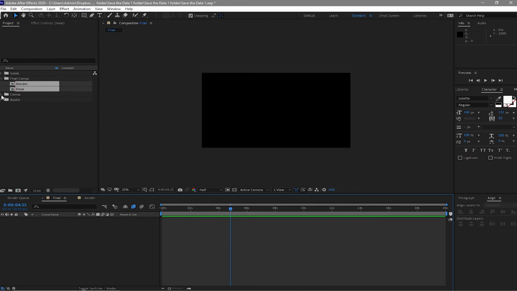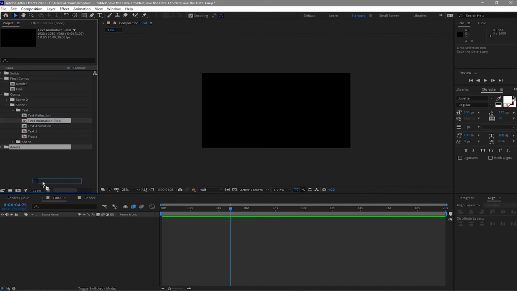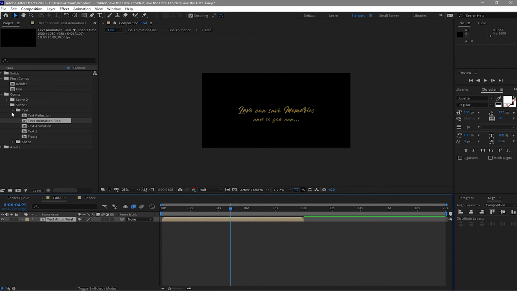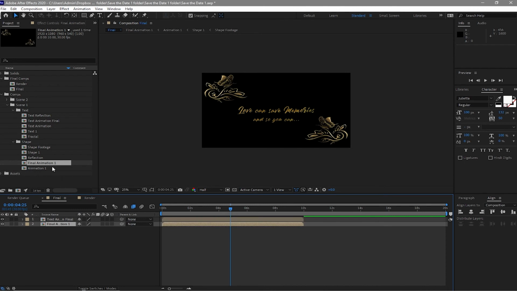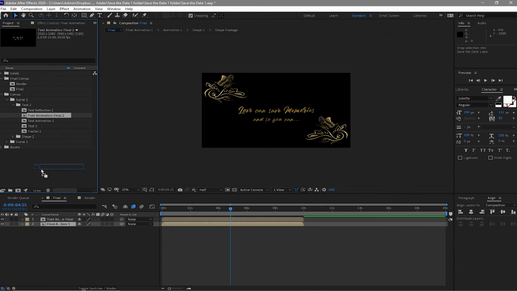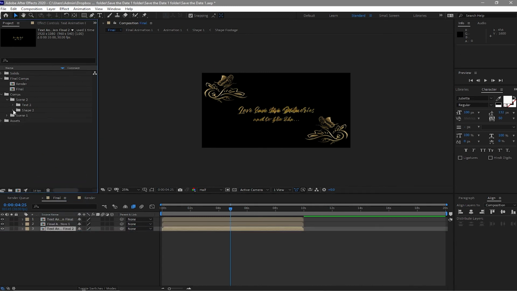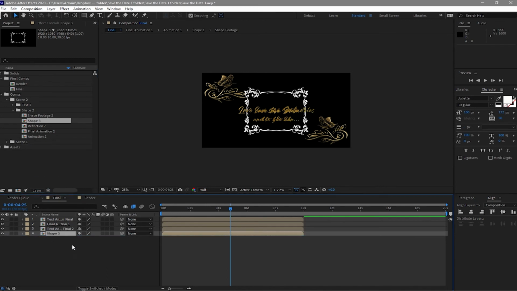All we have to do is to go back to project file, open the scene one, and drop down the text animation final, and I will open the shape folder. I will drag down the final animation and then go to scene 2. Again, I will drop down the text animation final 2 and go to shape 2 and drop down the shape 3, and then highlight these two, go my playhead to about